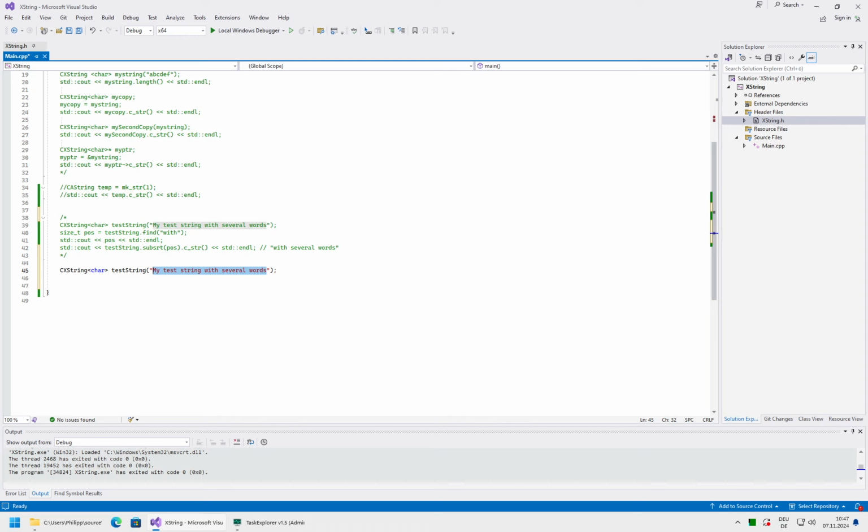Let's say... okay, and the goal now will be to use substring and find to only print the values as a comma separated list to the console.